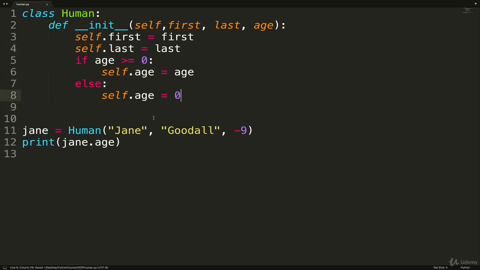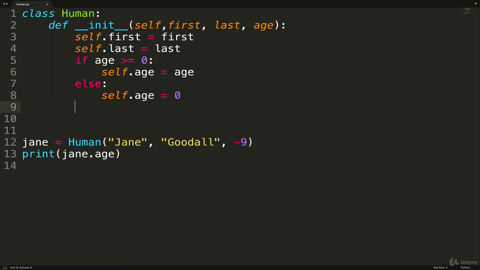The problem that properties can help us solve is that a user, or code, can directly change age. We don't really have any control over that. What we can do is make use of something called a property. And I'm going to show you a bunch of new syntax first, and it's going to change things a little bit. So first of all, I'm actually going to rename this here, self.age, to be self._age.